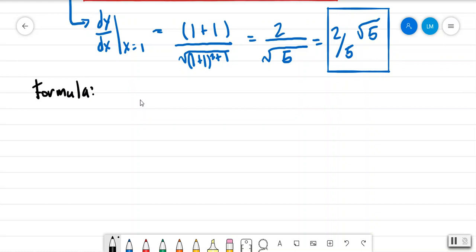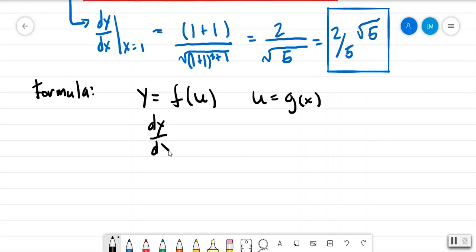So let's go back here. We know that if we're taking the derivative of a composite function defined in the following way, we have that this is f of u and this is u equals g of x. Now, similarly, I can say that dy/du or dy/dx is found by finding the derivative of f but with respect to u and then multiplied by